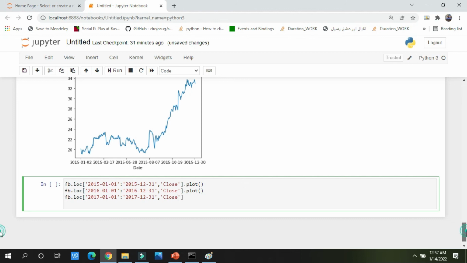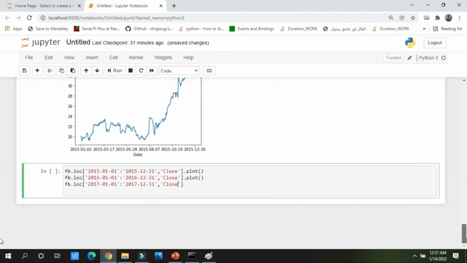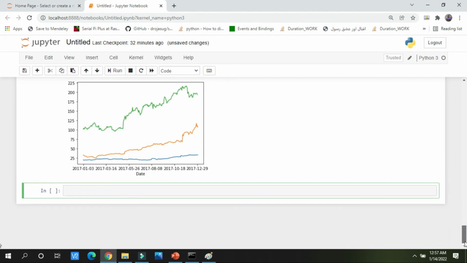If you want to plot any column, you just have to change the name. Now I am working on the data of Facebook. When I run this cell, it will take the data of 2015, 16 and 17 and plot them all on a single graph. Let me run this and you can see a very beautiful output.